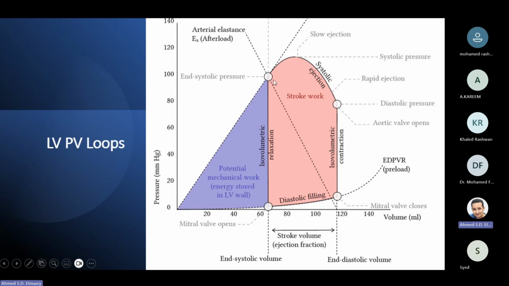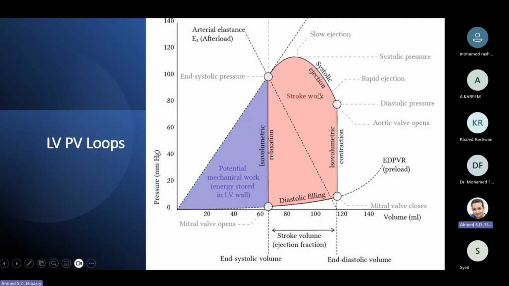And this point describes the pressure volume relationship of the left ventricle at the end of the systole, which is called the end systolic pressure volume relationship, or Emax, which is a surrogate of the left ventricle afterload, and also a surrogate of the left ventricle